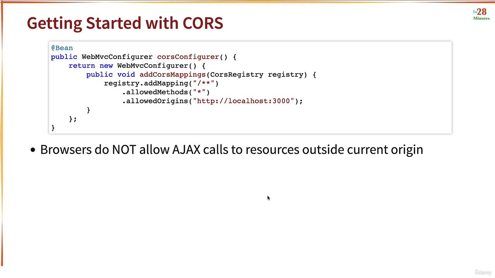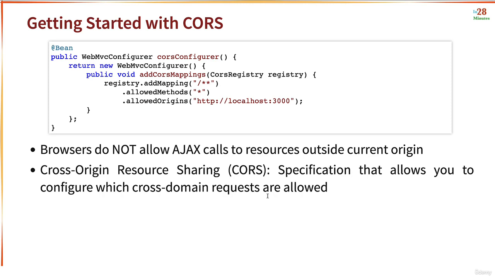to a different domain, a different URL. Typically, your browsers will not allow those kinds of calls. And cross-origin resource sharing is the specification that allows you to configure which cross-domain requests are allowed. So when you're making use of Spring MVC, you can specify what cross-domain requests are allowed by using CORS, or